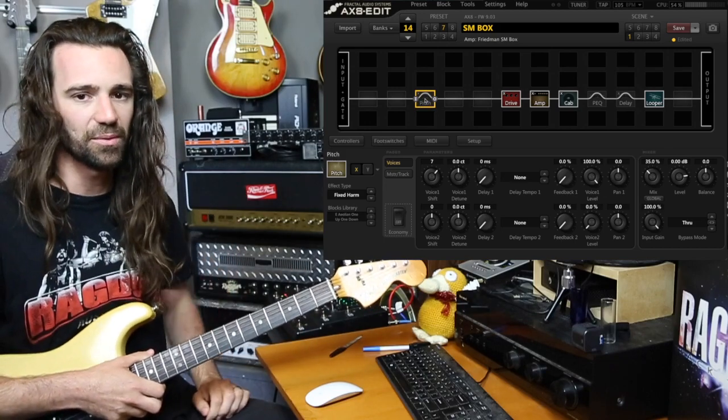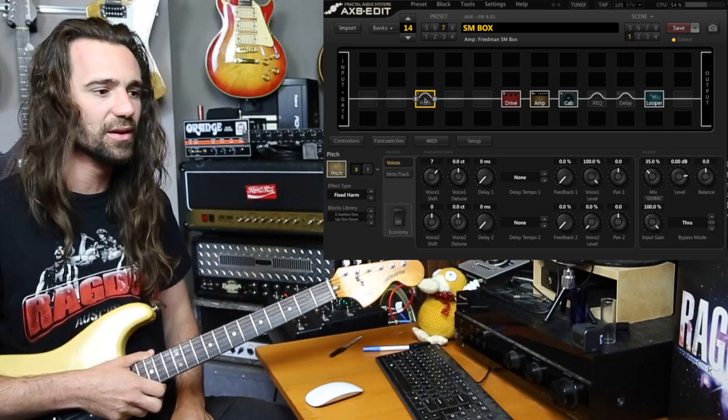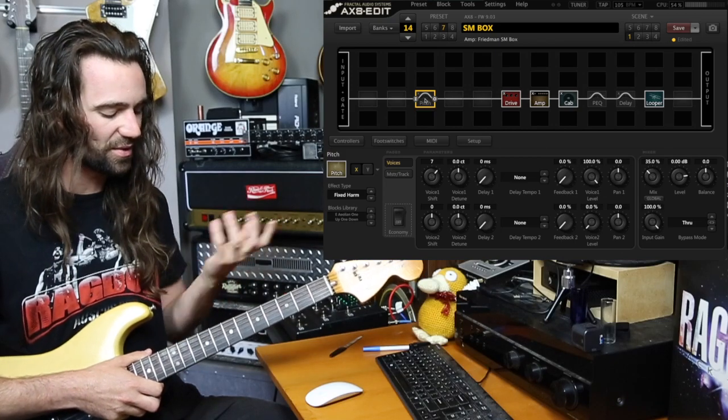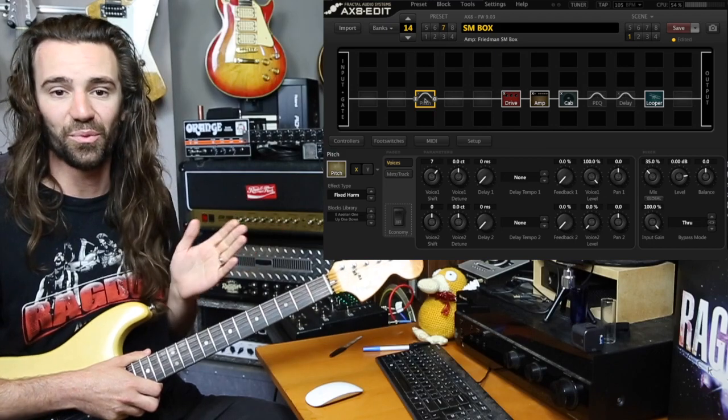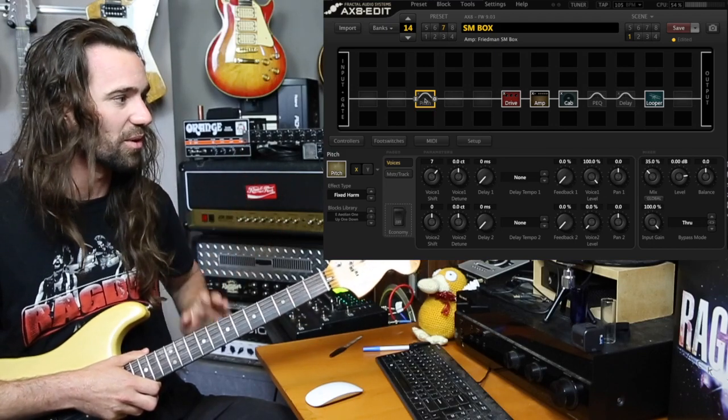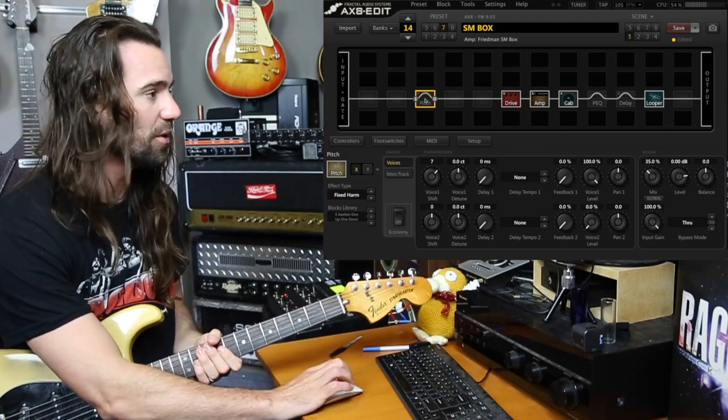So that's what the fixed harmony block does, but most of you guys want to know how to play harmonies that stay within the same key, right? If you're playing rock music, you're playing heavy metal music, you basically want third harmony. So if we stay in the fixed block, and I set this to say a minor third,